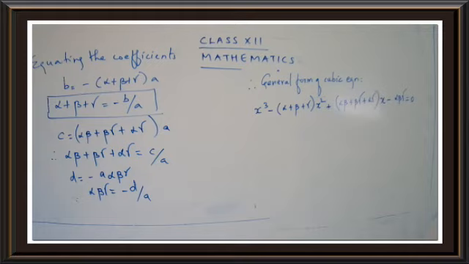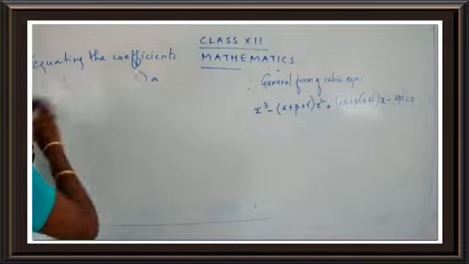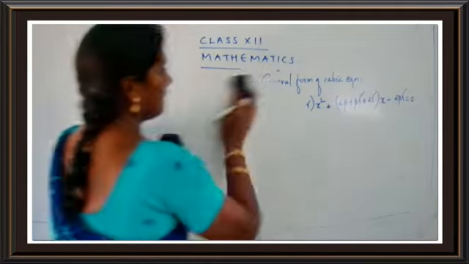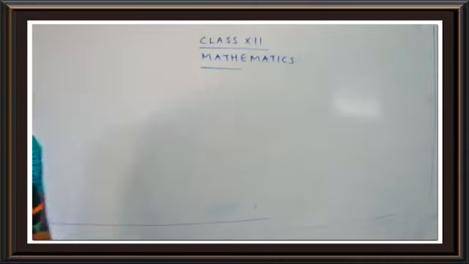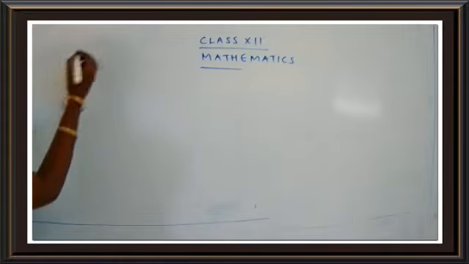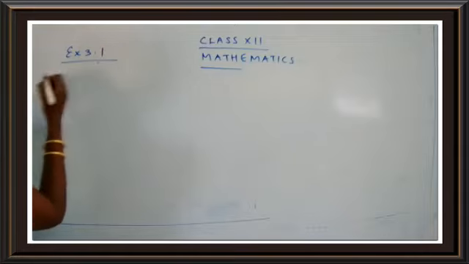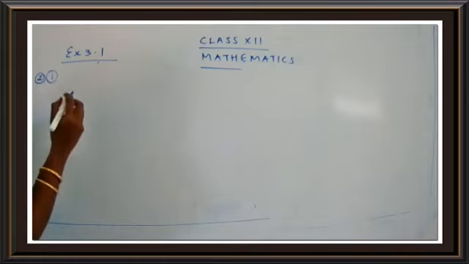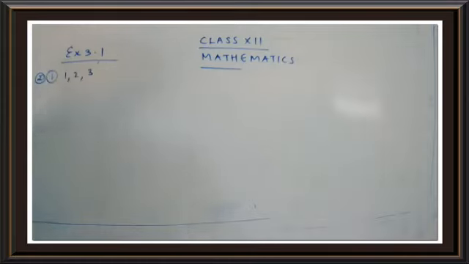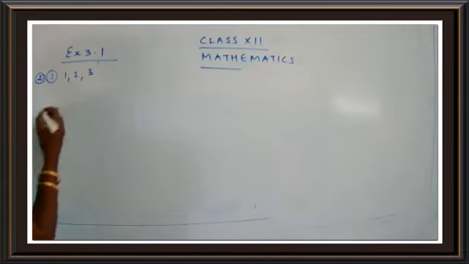Have you taken down the question? Shall we continue, children? Okay, let's go with the sum. What are the roots? Yes, roots are 1, 2 and 3. So exercise 3.1, sum number 2, the first one was 1, 2, and 3. So these are the roots they have given. So we have to construct a cubic equation, and we know how to write a cubic equation, right, children? Let's write the cubic equation.